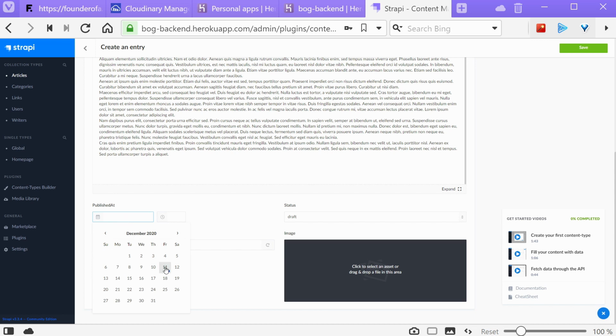I'm going to choose a published at date, change the status from draft to published, check my slug, which is Gloomhaven, which is fine,